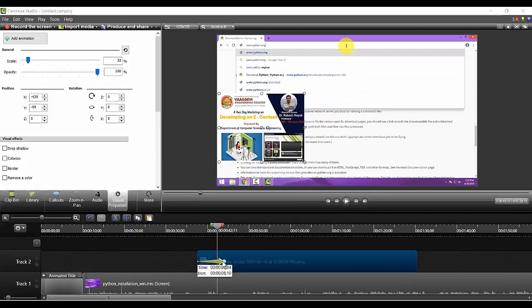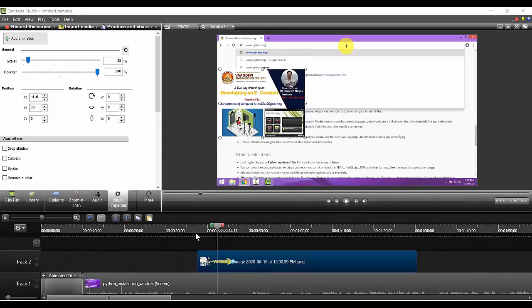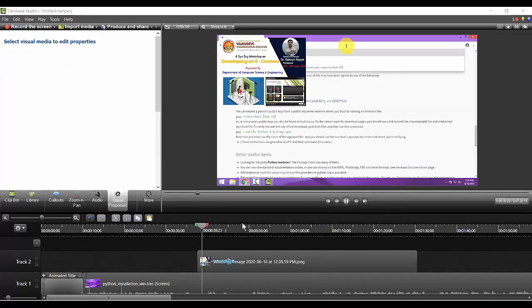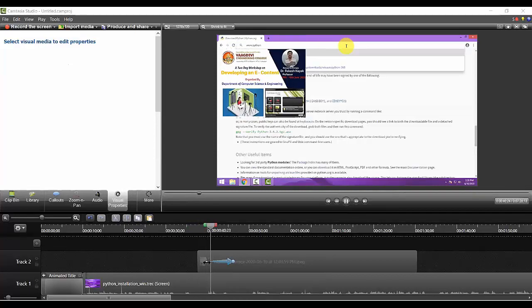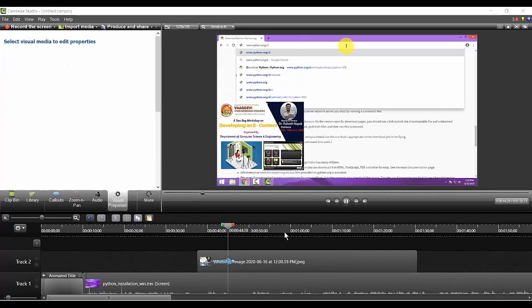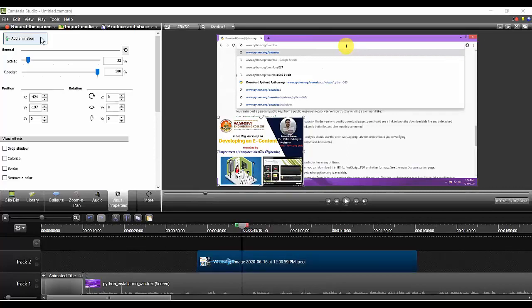If I kept it here without doing anything, earlier the transition happened as soon as the image was visible, from that position. Now it will wait for some time till the dot here, and it will move like this. After it reached here, can I move it to some other place?